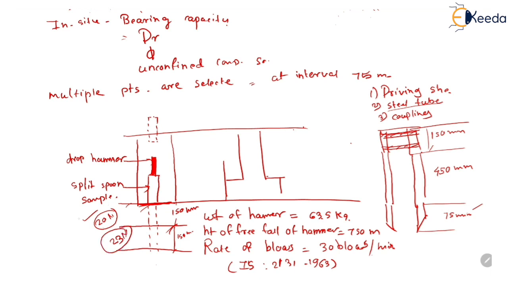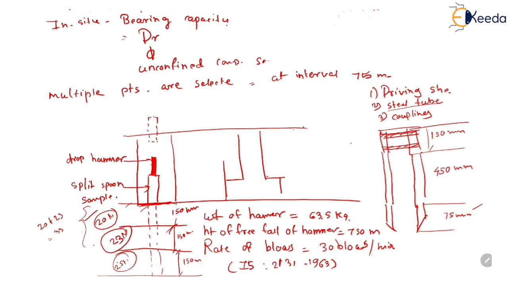So we can see that for the total of 300 mm penetration we required total 20 plus 23 which is equal to 43 blows. Likewise, the sampler is once again further driven by 150 mm and the number of blows recorded. So for this time, suppose the number of blows required are say 25. So after giving 25 blows, as per our assumption, the sampler is penetrated through 150 mm for the third time.